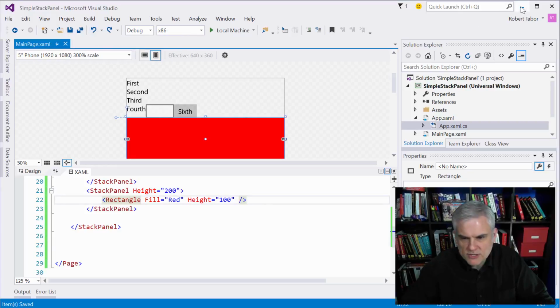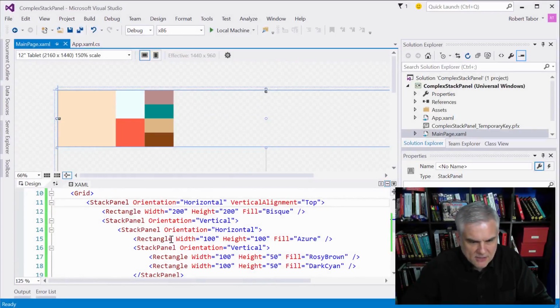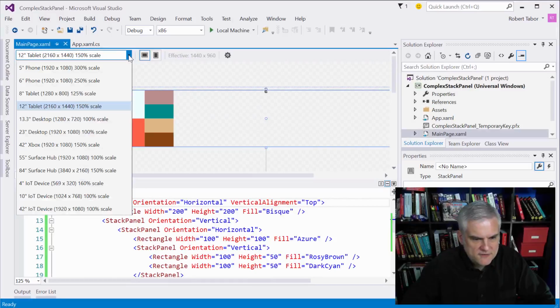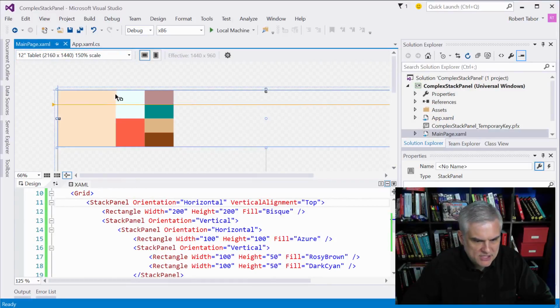And then let's open up a more intricate example here that I've created called Complex Stack Panel. And as you can see, I have changed from the default viewer that would be a 5-inch phone to a tablet just to accommodate the larger width of this